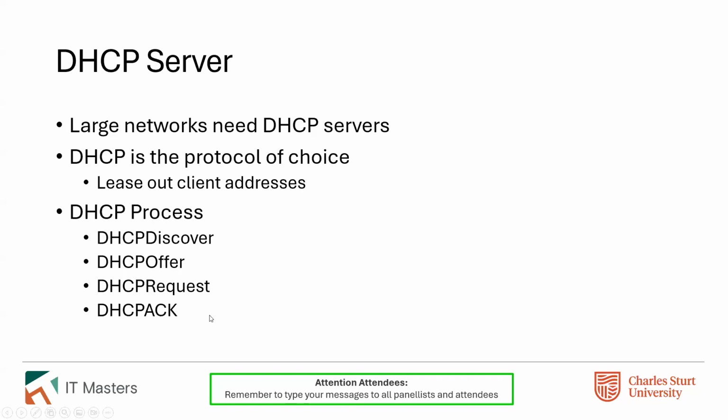Now, most clients will also, as a part of that process, do a separate check to make sure no one else is already using that address. So they'll send out an ARP request to that address to say, who has this address? Have you seen it? And the reason for that is that obviously you don't have to use DHCP. People can and do statically assign addresses all the time. You'll have someone who's troubleshooting a computer and they'll go and put an IP address on it. Now, if that IP address is right from the middle of your DHCP network, then the first time that a client goes to use it, there's going to be a problem.